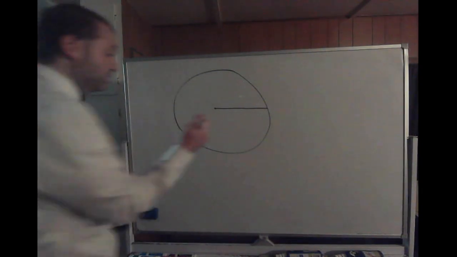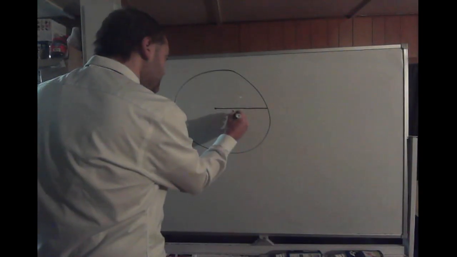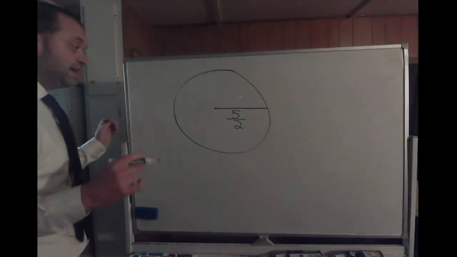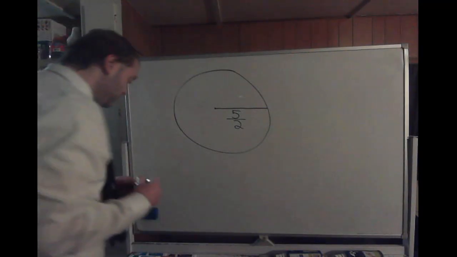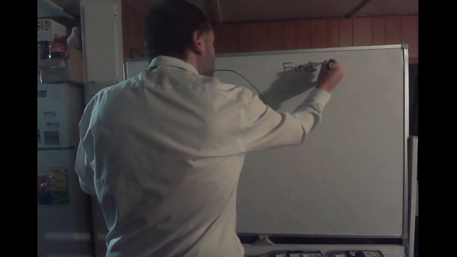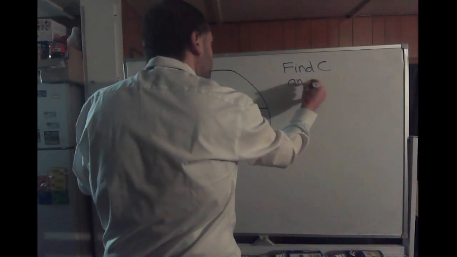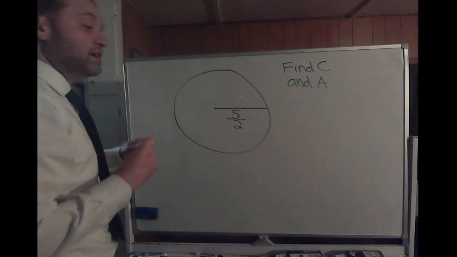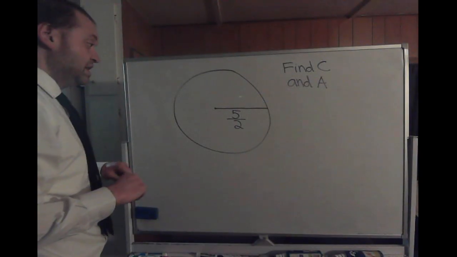Oh, nope, they still keep this. Alright. The radius is 5 halves. What do we need to find? We need to find, of course, the circumference and the area. But you have a radius of 5 halves. So,